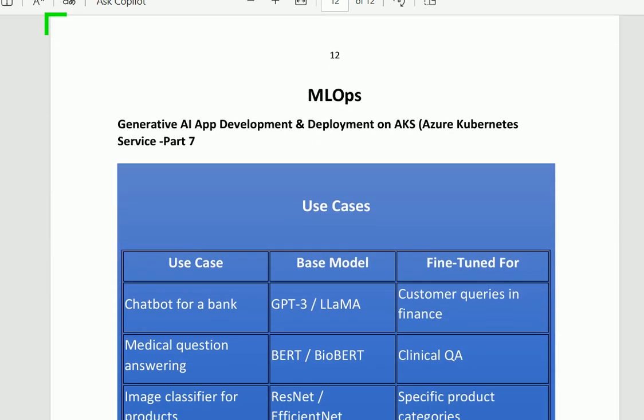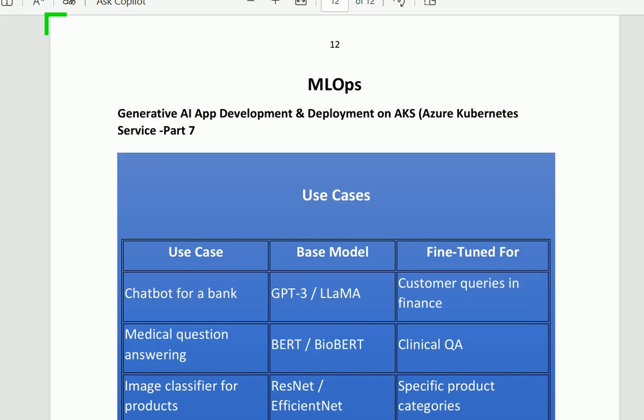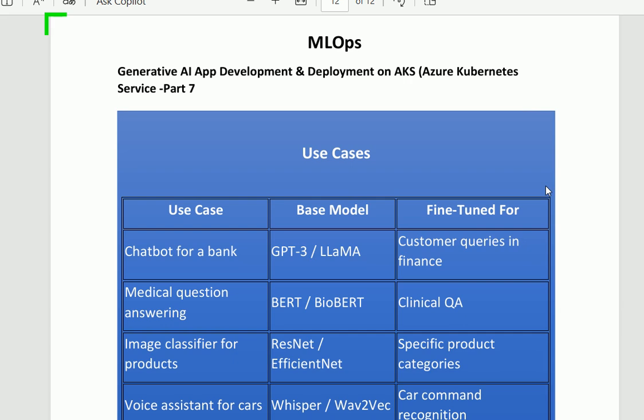Now, these are the different use cases for MLOps. Use cases mean how you can use the different models in different departments or areas. Like the use case of a chatbot for a bank.